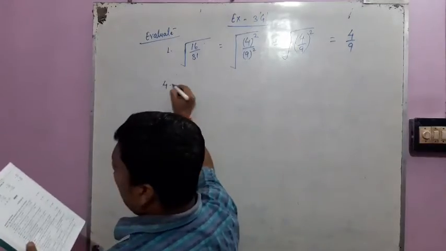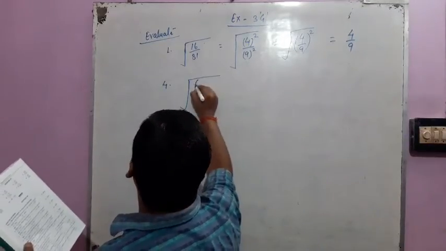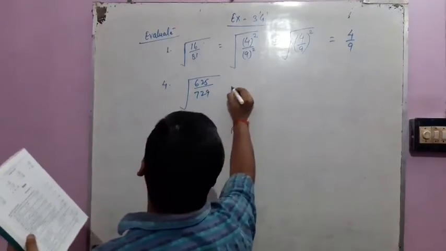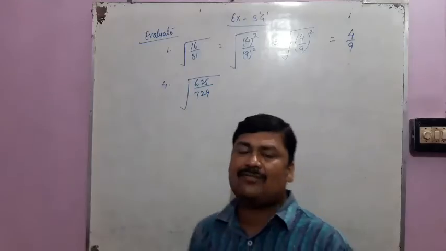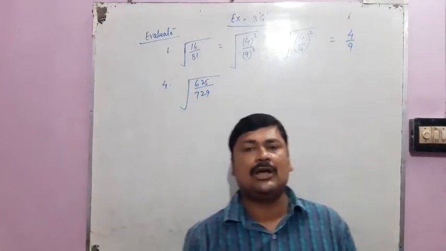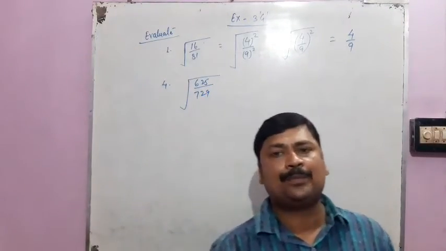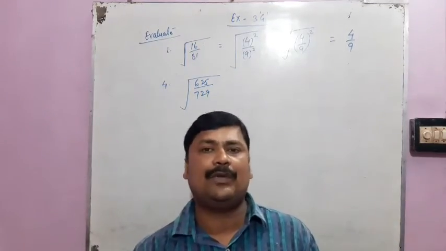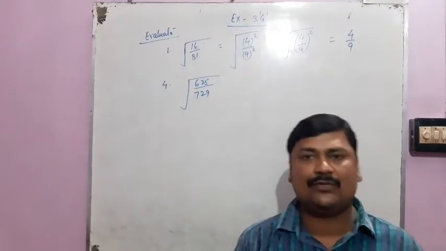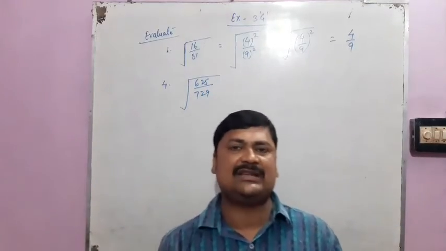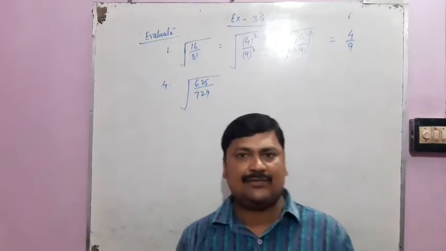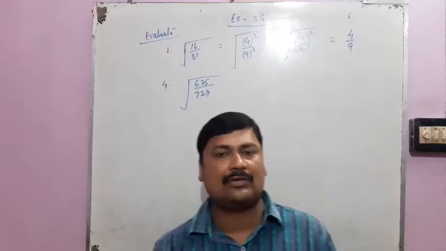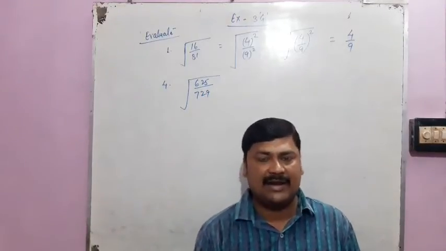in question number 4, find the square root of 625 by 729. As I have suggested in my previous videos, you must remember the squares from 1 to 50. Square of 1 is 1, square of 2 is 4, square of 3 is 9, 4 is 16, 5 is 25, 6 is 36, 7 is 49, 8 is 64, 9 is 81, 10 is 100, 11 is 121, 12 is 144, 13 is 169, 14 is 196, 15 is